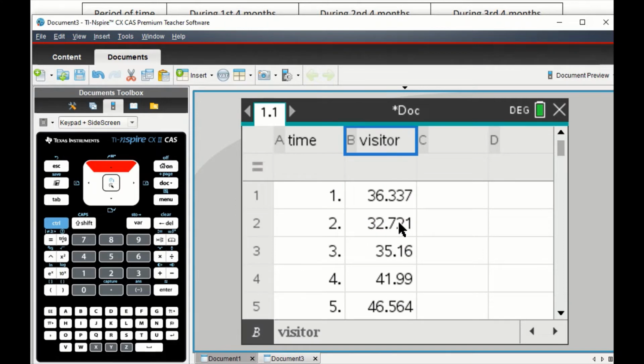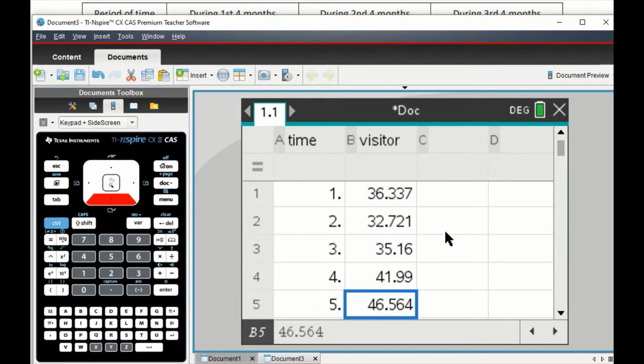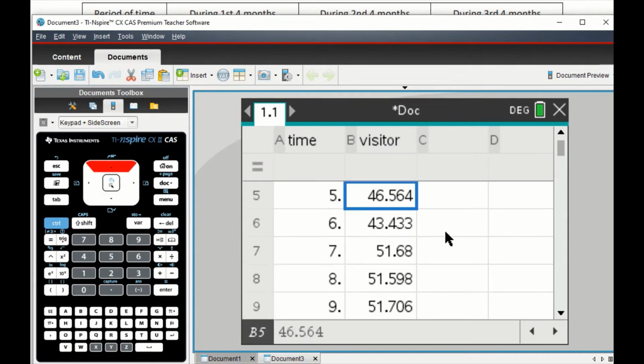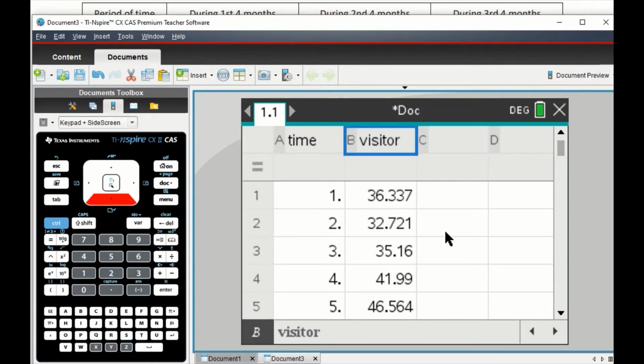Alright, so make sure that after you have keyed in all the values, just go through very quickly to check whether everything is correct or not. Then make sure that you have 10 rows, which means 10 data points here. So make sure everything is correct before you move on. Before you do the regression model, make sure that you have assigned the variable here. In my case, I put down time and visitor, but of course, if you want to use other alphabets,